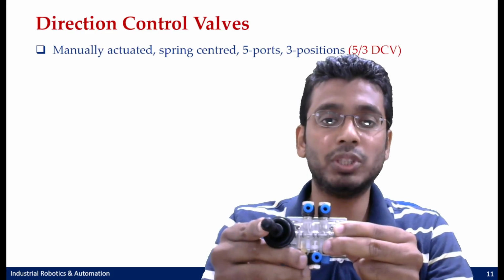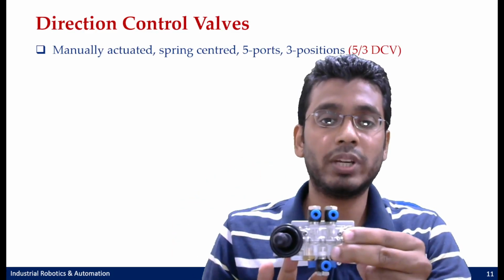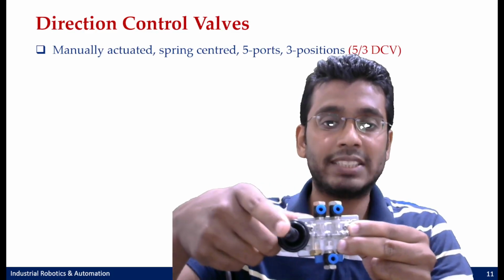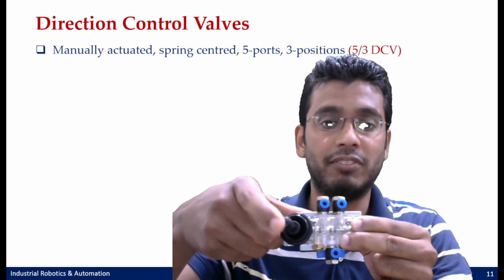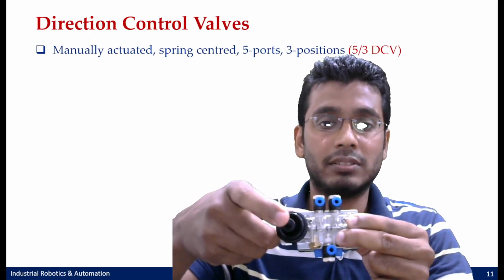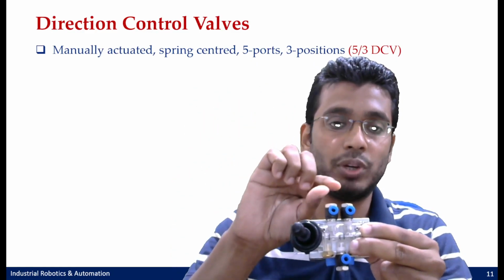And in the center position, this spool will actually block all the 5 ports, okay, and my cylinder would retain its position. So basically what happens, this spool shifts in the valve, okay. This is the spool that is shifting, if you can see, but of course the entire conduit or the flowing channels through the